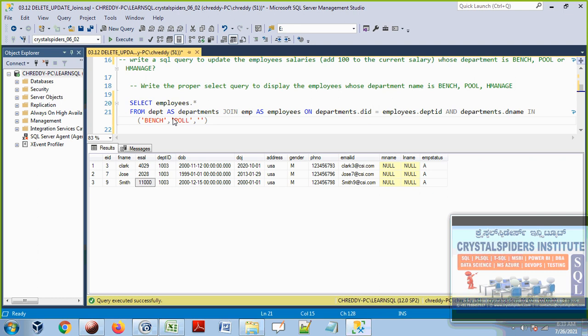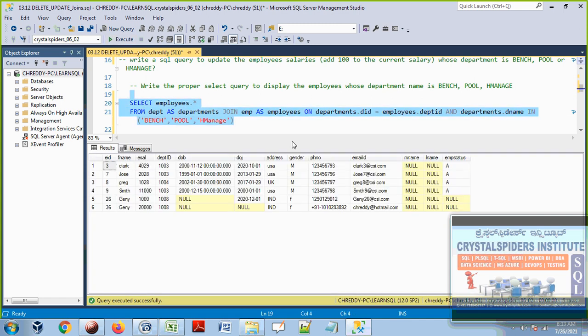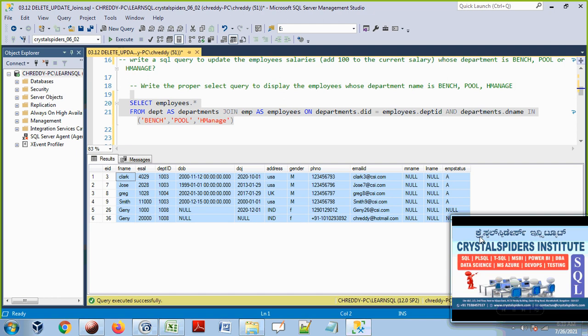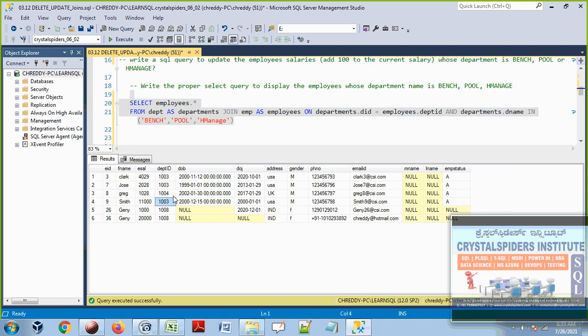Let's check what employees are there within these three departments. I'm going to execute this one. Now I can see there are a total of 6 records among these three departments, guys. See that 1, 2, 3. 3 people are from one department. There is only one person from 1004, and there are 2 people from 1008. But I don't know what these departments are, but as per these 3 departments, I can say these 3 are these 3.